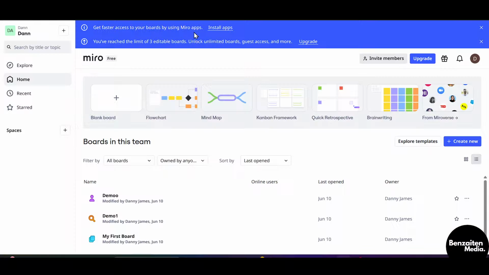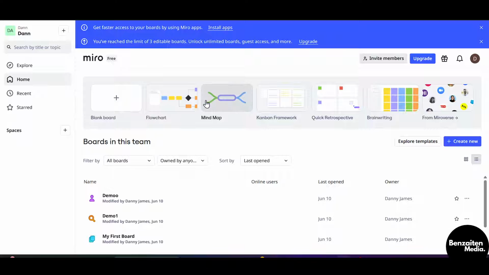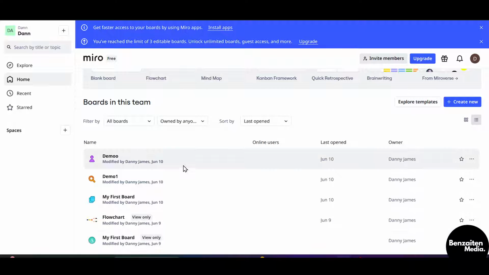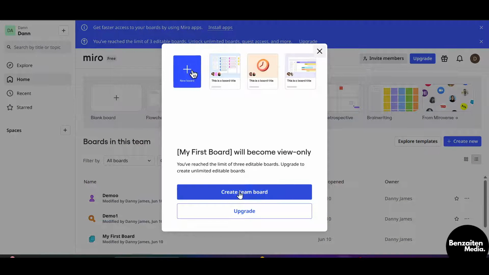account. Now, after signing up or logging in, you will be welcomed to the homepage of Miro, wherein, as you can see, I have created some recent boards and flowcharts. But for you, I'll create a new blank board. So just simply click on blank board, and from here, you can create a new team board,